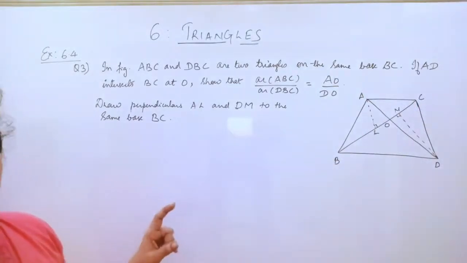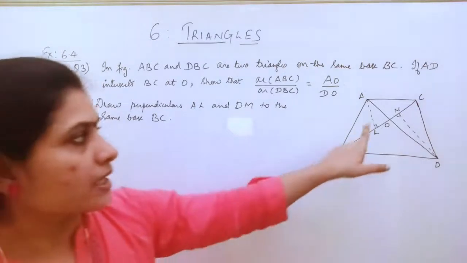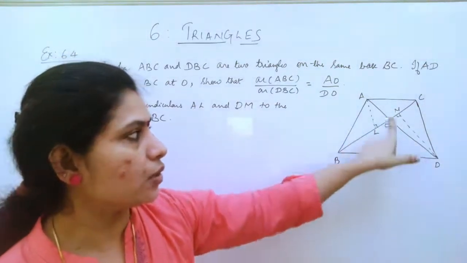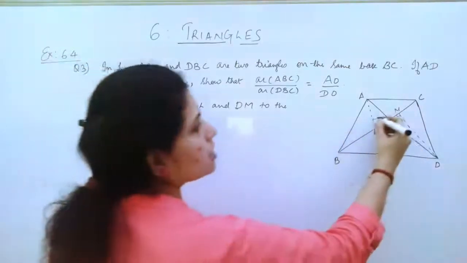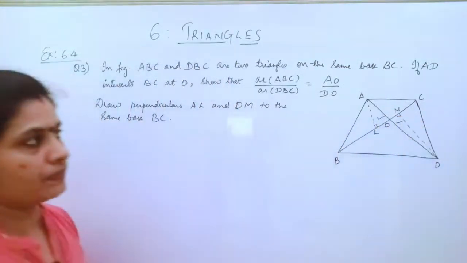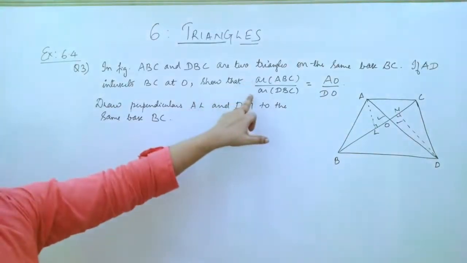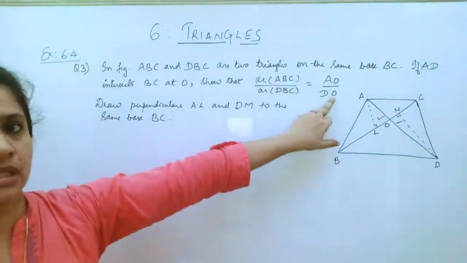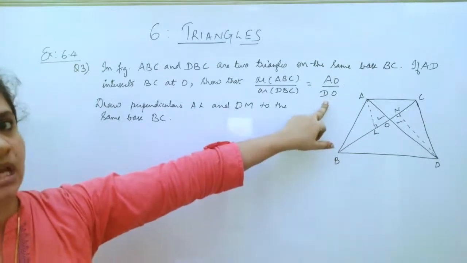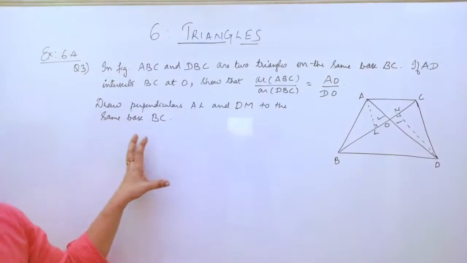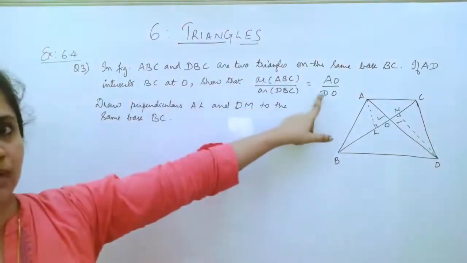Now the first thing which we want to prove is, considering this triangle AOL and the triangle DOM, we have to show that these two triangles are similar, so that when we take the area concept, we can reach this point. That is, in this fraction we have to reach, means we have to get the concept that the thing which we are getting in the area should be equal to this, then only we will get this answer.